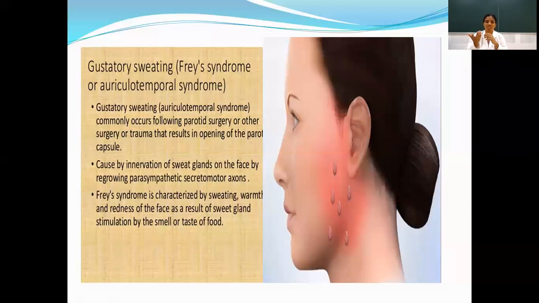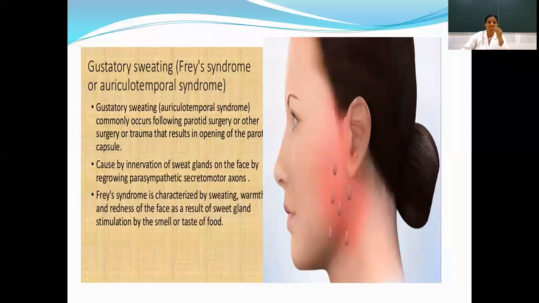By stimulation of the secretomotor nerve, salivation occurs, whereas by stimulation of the great auricular nerve, sweating occurs. So what is the communication in between? During healing of the parotid gland, the auriculotemporal nerve grows outwards and may communicate with the great auricular nerve. Because of this communication between the auriculotemporal nerve and great auricular nerve,